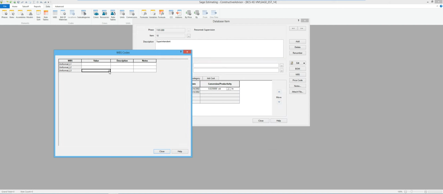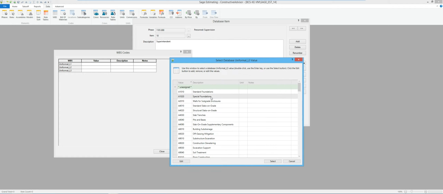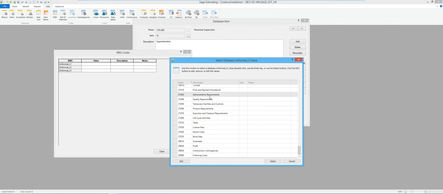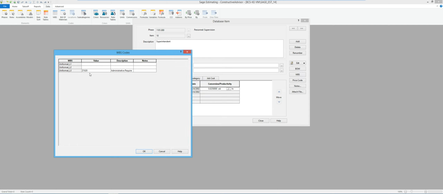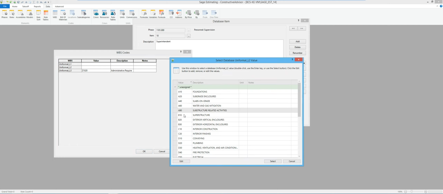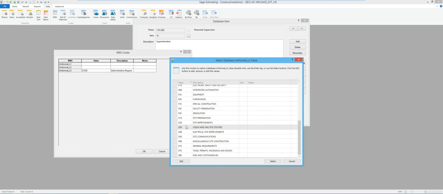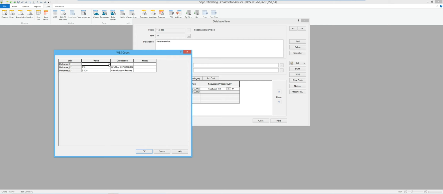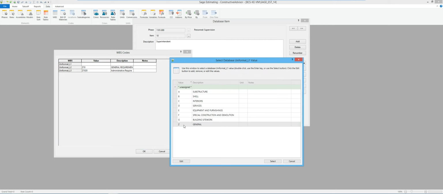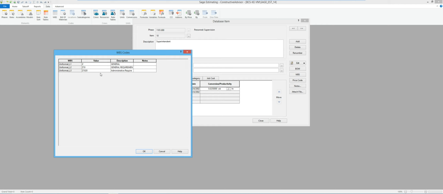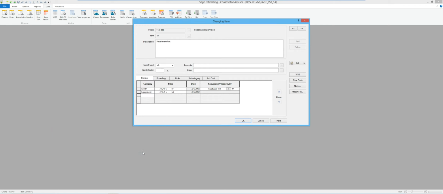So in my case, I'm going to start at the bottom and work my way up a little bit. So is there something in here that looks like, I'm just going to say administrative. So then that'll help feed the rest of these. So now that I know it's a Z10, I can come down here a little easier and pick a Z10. So I'm going to say general requirements, and that makes this going to be a Z. So it's a little bit easier to pick from the start there. So that way I've got that one item coded.